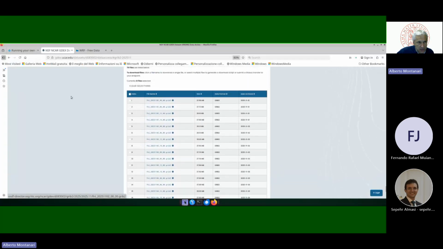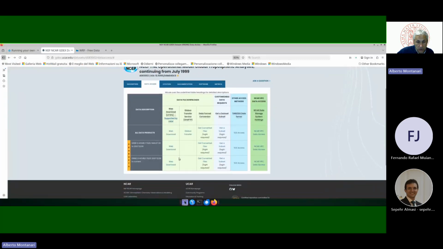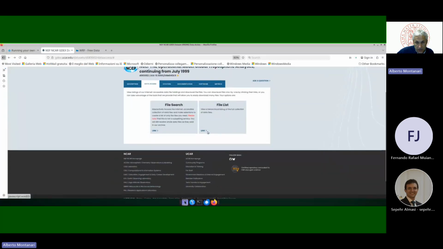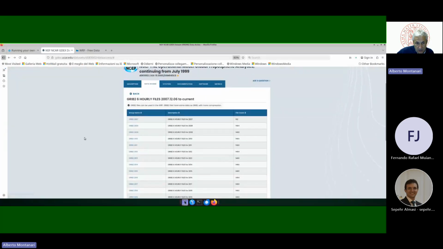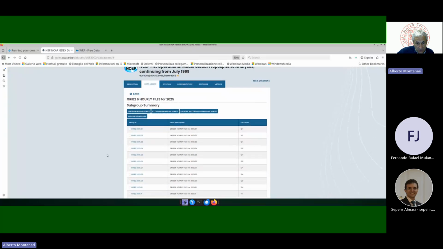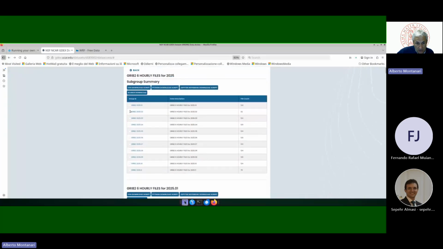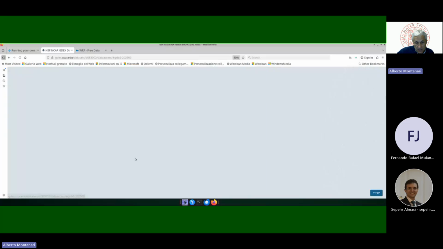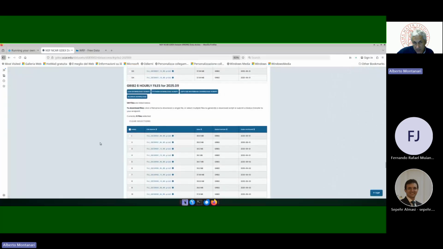My idea was to perform a simulation for September 2025. And I chose September, so I go back, web download, link. I chose September 2025 because when I started these attempts, it was a couple of months ago, and so September was the last one that I had available. So I clicked on September, and I downloaded, as it is explained in my guidelines on my website, the first 4